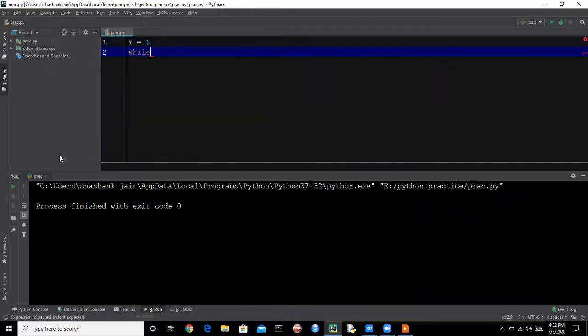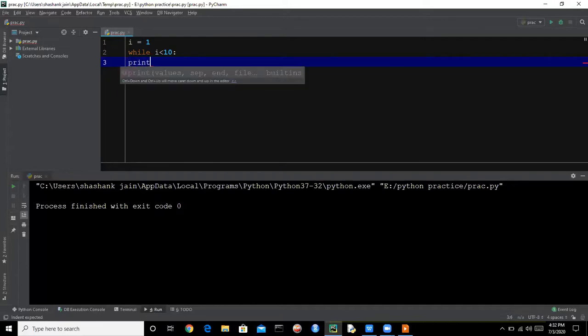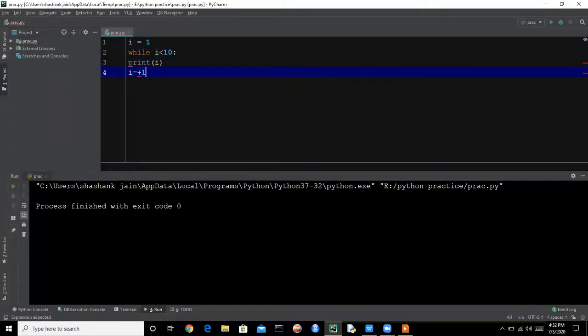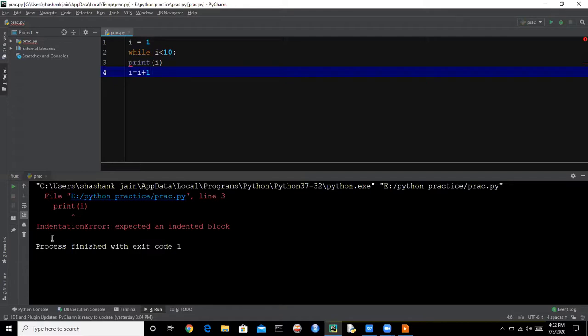Next we will see an example of how to print 10 numbers using a while loop. So here we are creating i equals 1 and the condition i is less than 10. If i is less than 10, then our loop will work. Here we can see that we have a colon, and then we press enter, and we have an indent or a tab here. So if we remove this tab and print i, and increment i equals i plus 1, and if we run this, then it will give us an error, that is an indentation error.